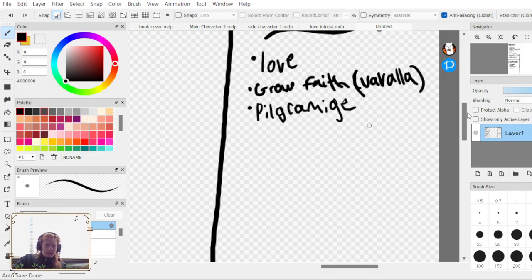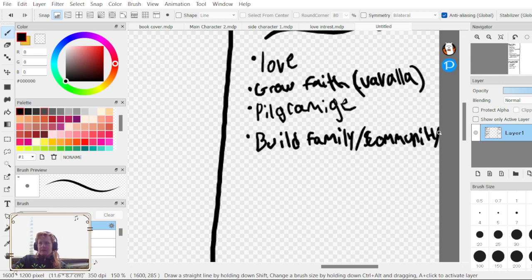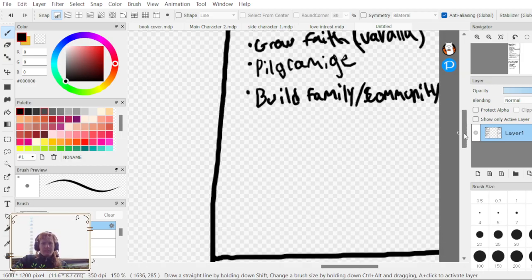Maybe she wants to build a family slash community. We have it so that she was maybe an orphan or taken in by the church as a kid, and so she wants to build her own family.